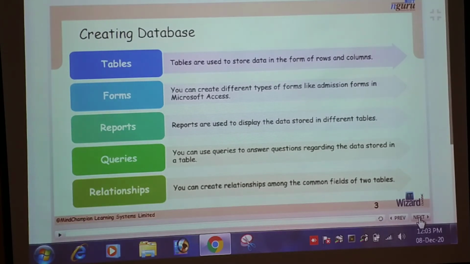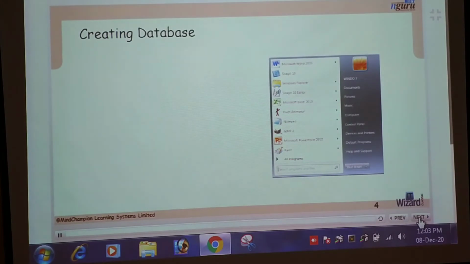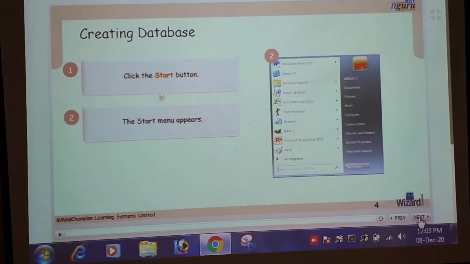Now, how to start Microsoft Access? First of all, click on the Start button. The Start menu appears on the screen.